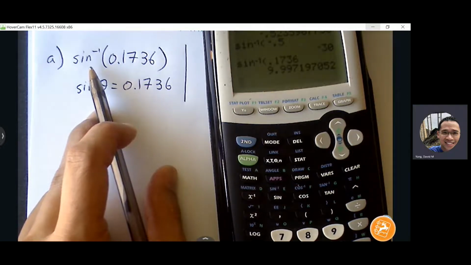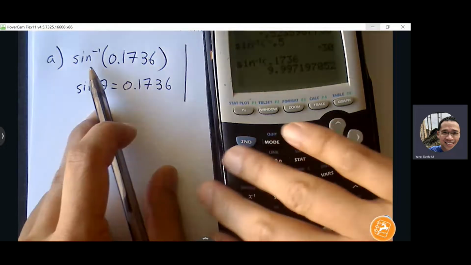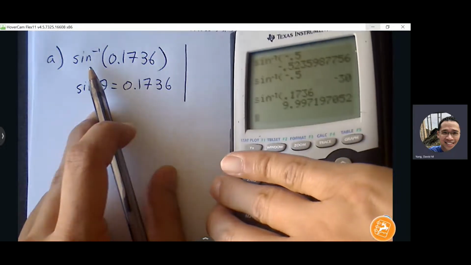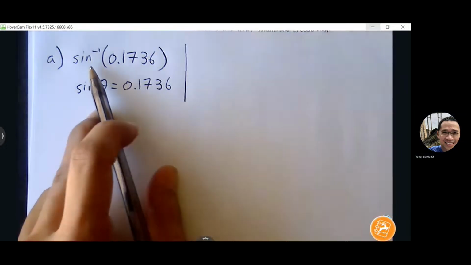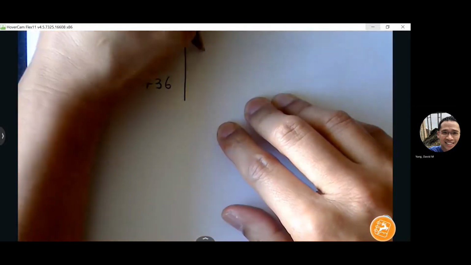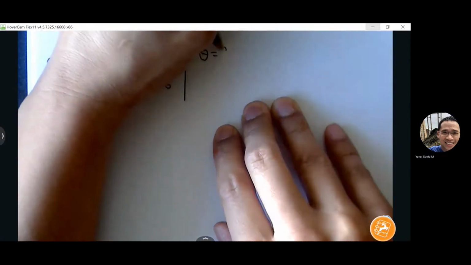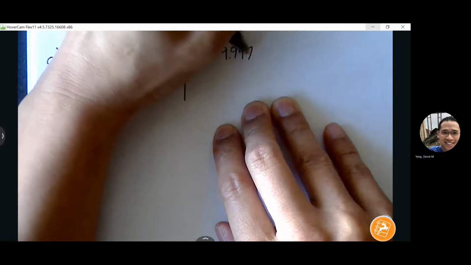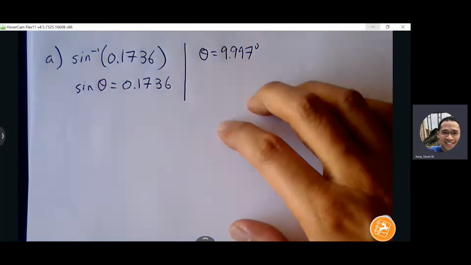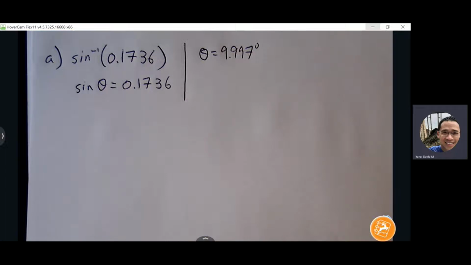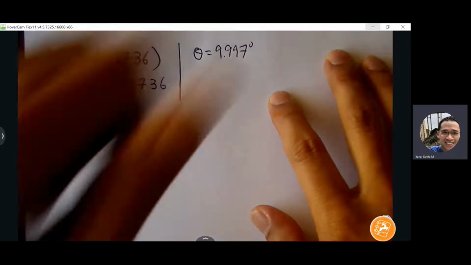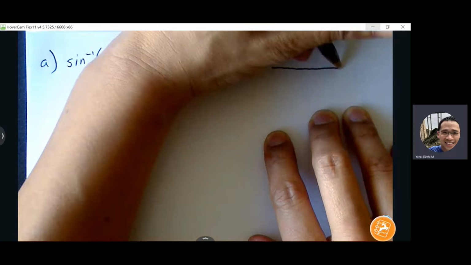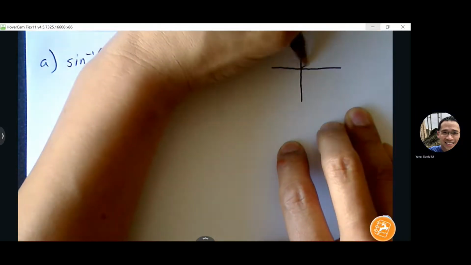Okay. 9.997 degrees. You guys get that? Now, remember, whatever you get for theta is only going to be the reference angle. We have to look at the distance from the x-axis if we want to find what we are looking to find. So the four possibilities are